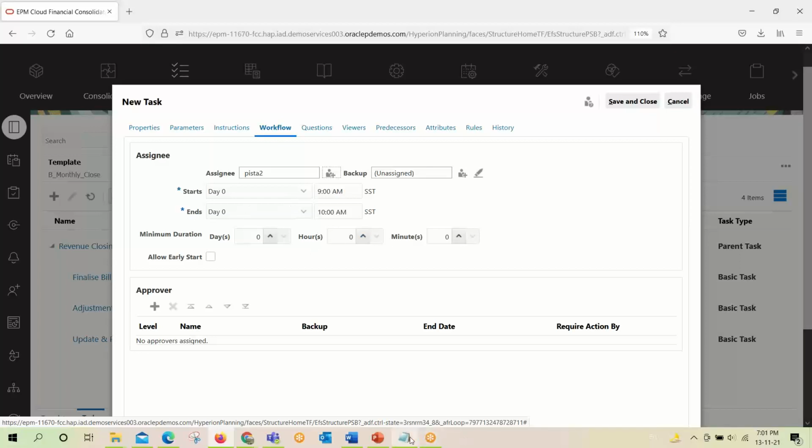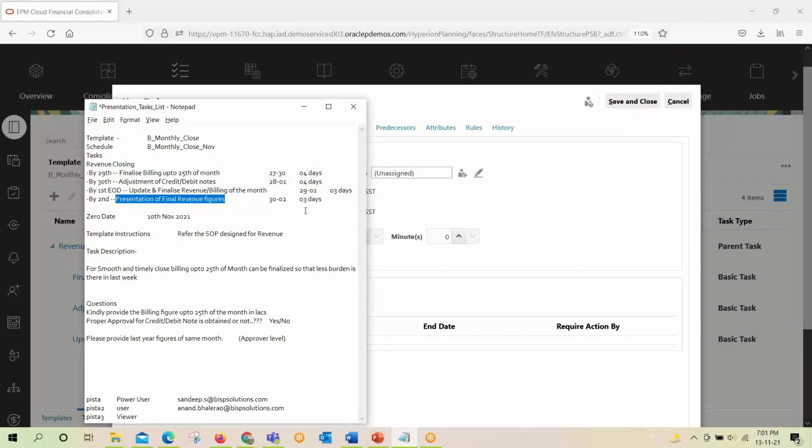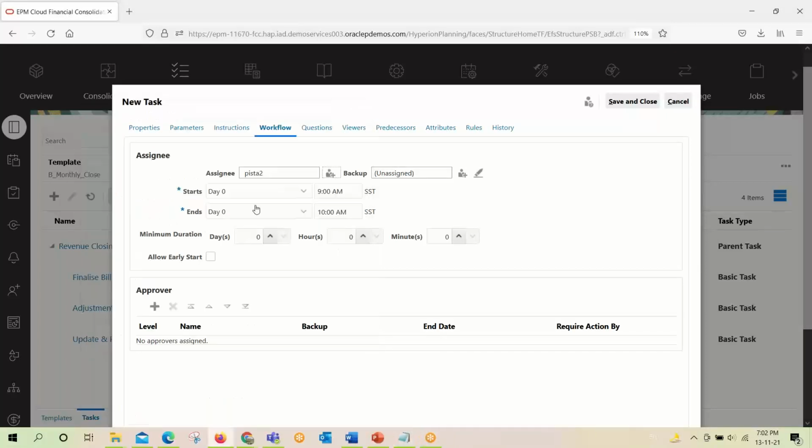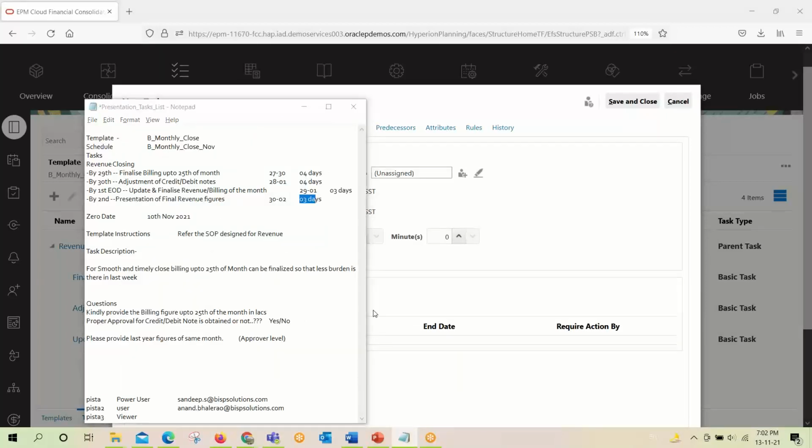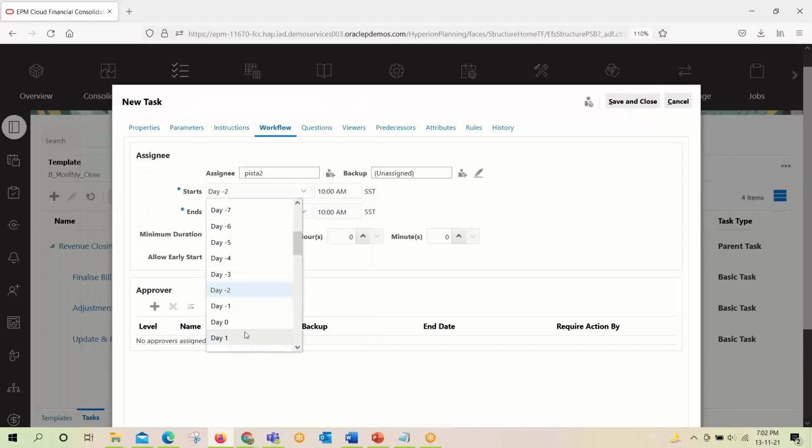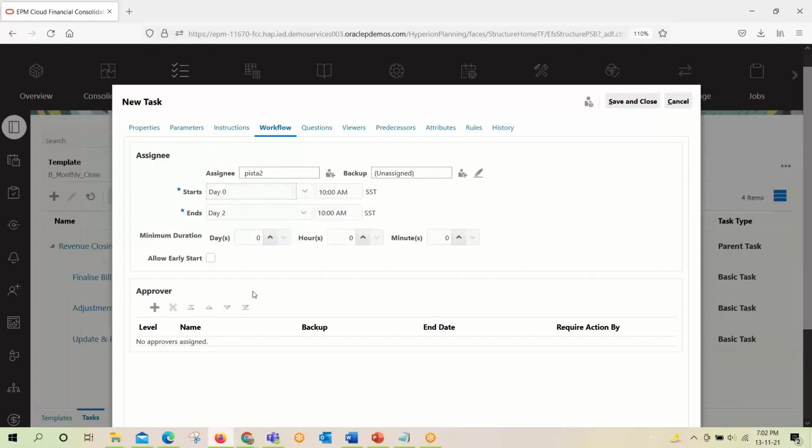And what will be the duration? The duration which I have decided for this is 3 days. That is, you can start the work on day 0 and have to complete the task after 2 days. Sorry, the start day should be the 0 date. When all the figures come, he will start his work.